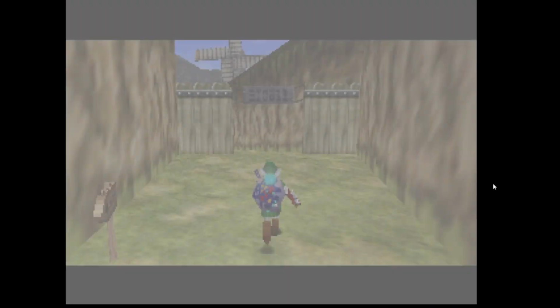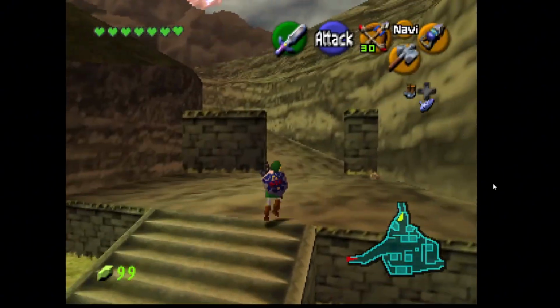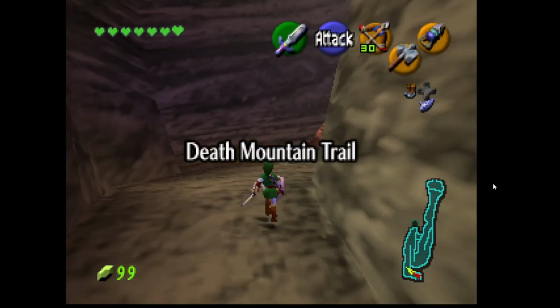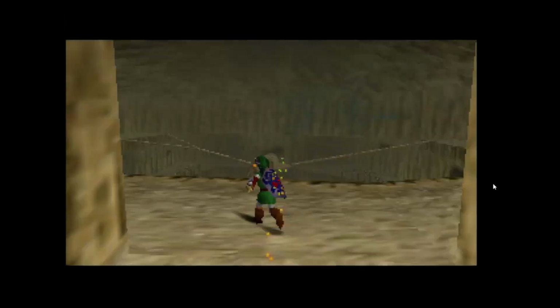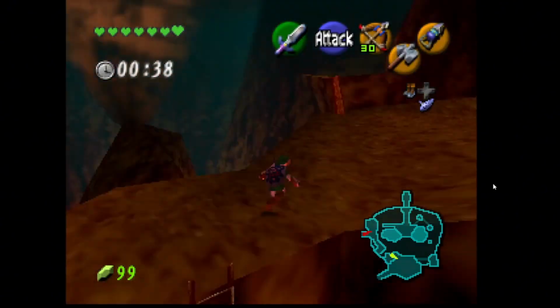Now, back into Kakariko, and we'll start heading up again to Death Mountain. The good old Death Mountain Trail. And then we'll use this nice little shortcut that we have into Goron City and into Death Mountain Crater,